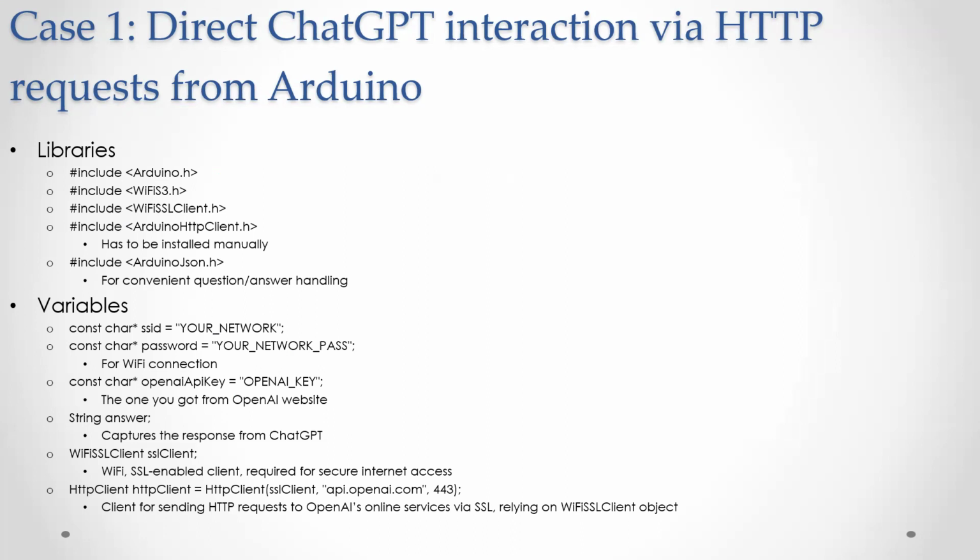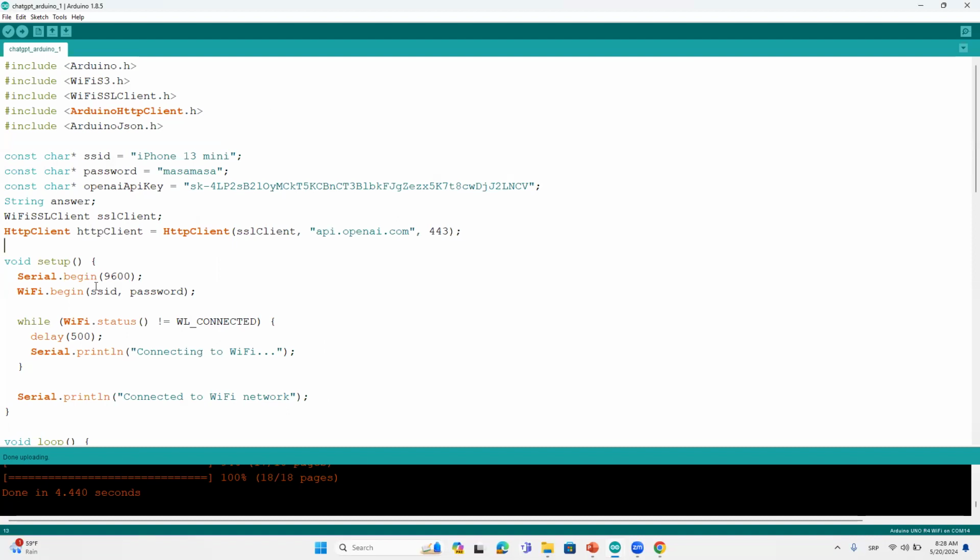When it comes to auxiliary variables, we have the SSID, which is the name of our network. This is the name of my network from a mobile device. This is the password. We need to provide the OpenAI key, as I will invalidate this one after the meeting, as it should not be publicly exposed. We have the string for the answer and this Wi-Fi SSL client object, which is actually used to say